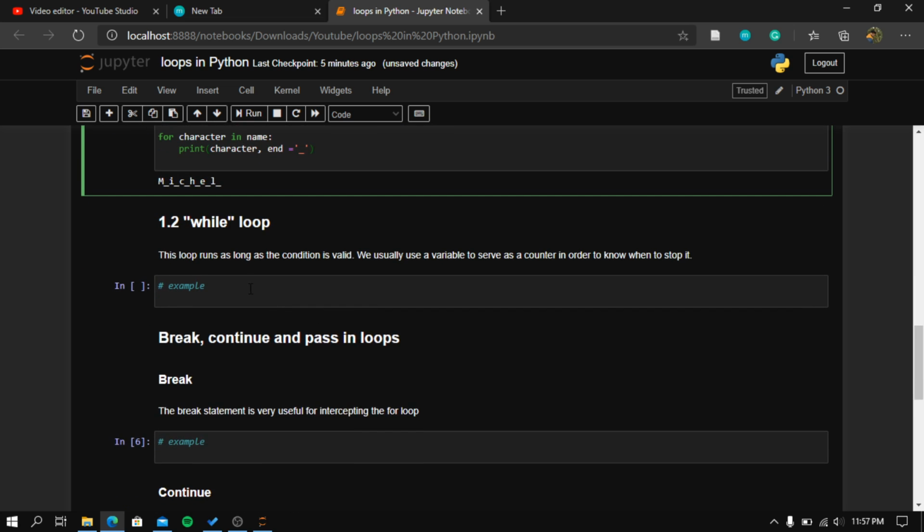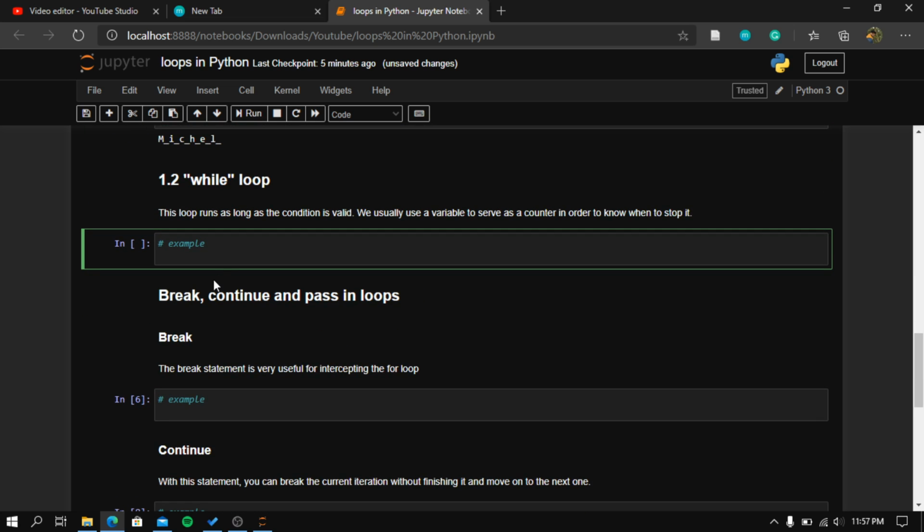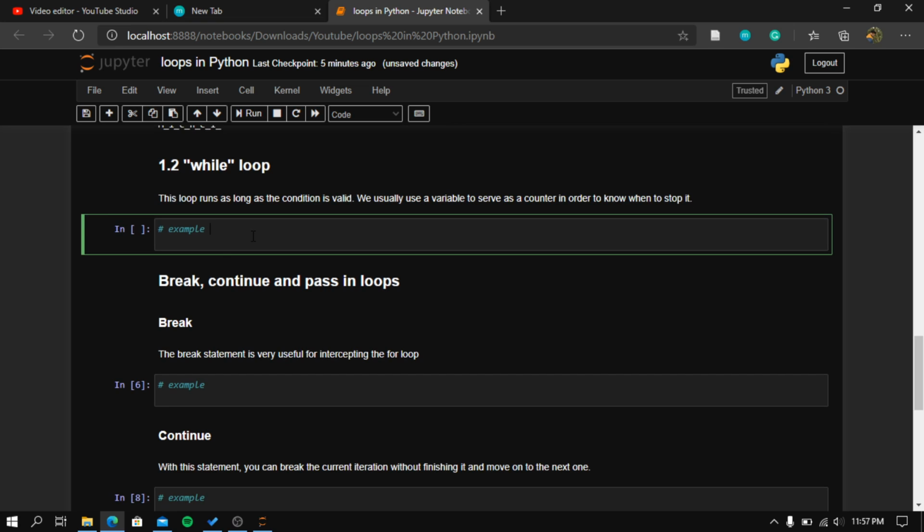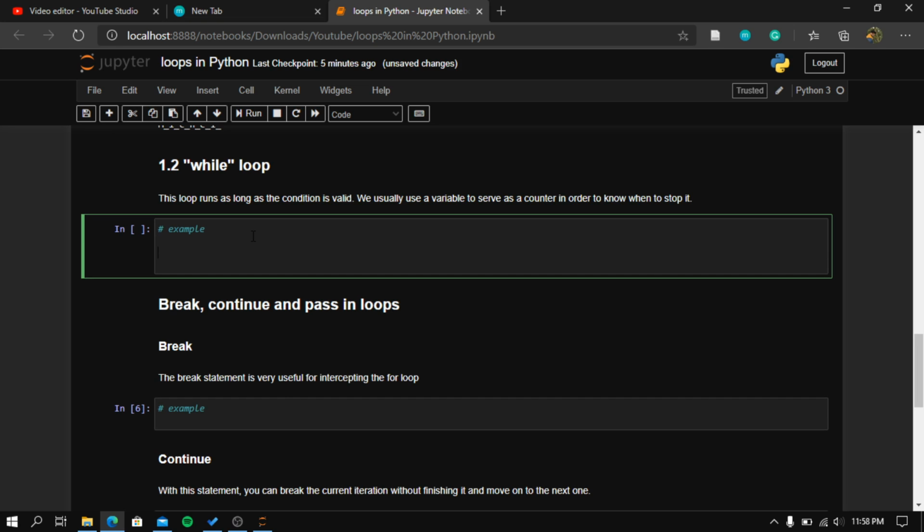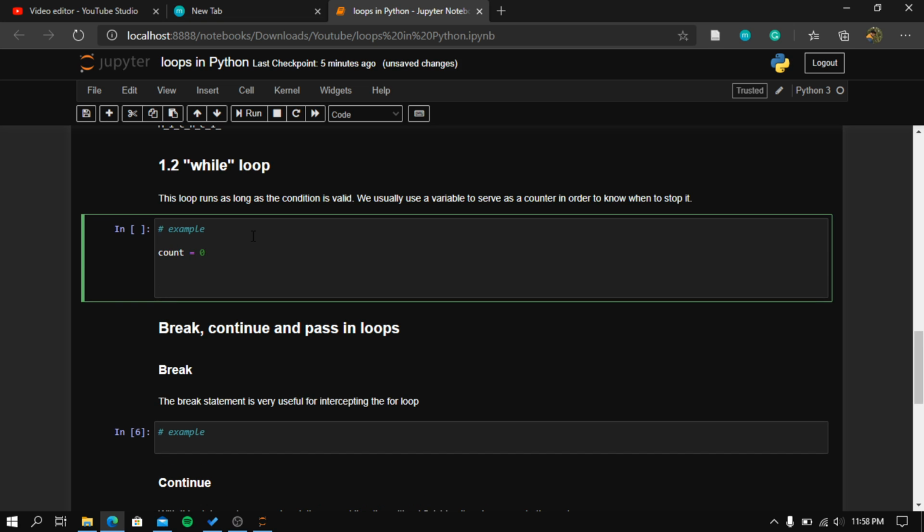So let's now go to the while loop, right? This loop runs as long as the condition is valid, right? When we have a true statement. We usually use a variable to serve as a counter in order to know when to stop it. Right, let's use count equals 0. Let's create while count is less or equal to 10,